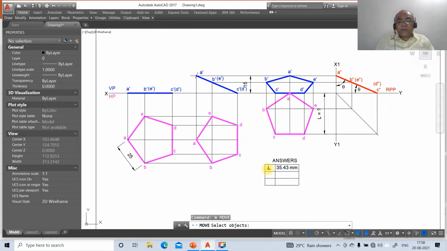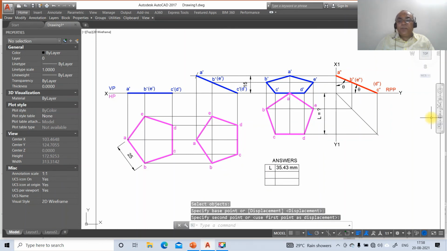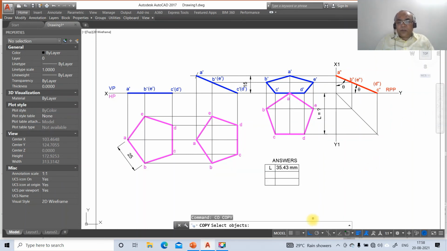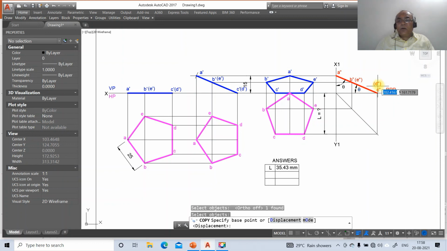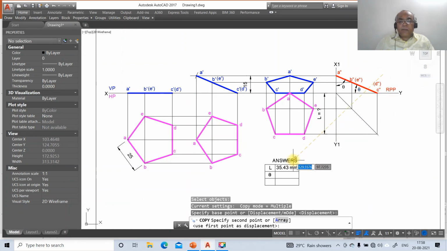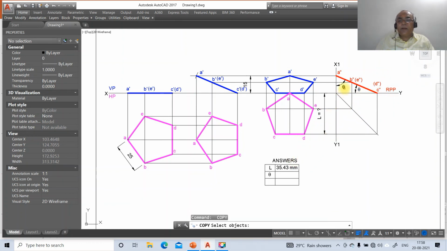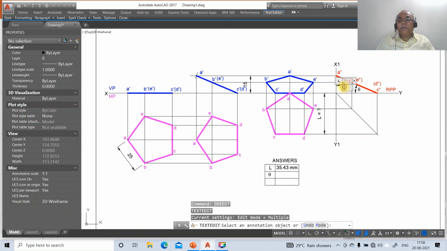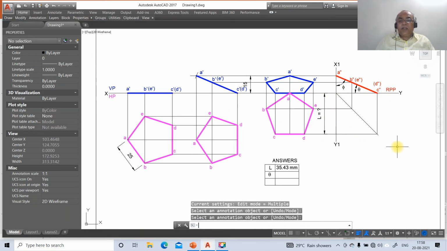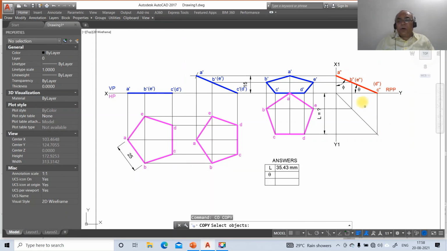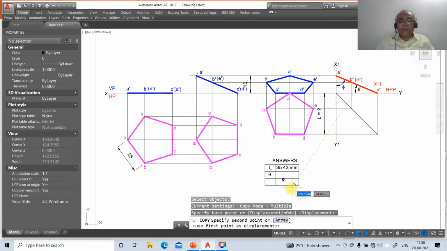So once you get this, now we need to copy, switch off the ortho mode, copy this theta here and this phi and this phi. This is dd edit. You make this as phi here, small letter f. So once you do that, then go to copy this phi here.